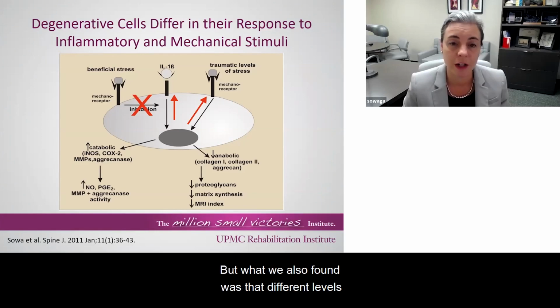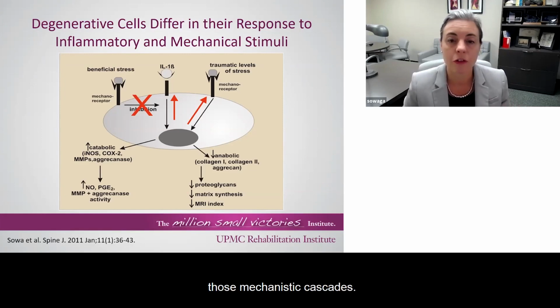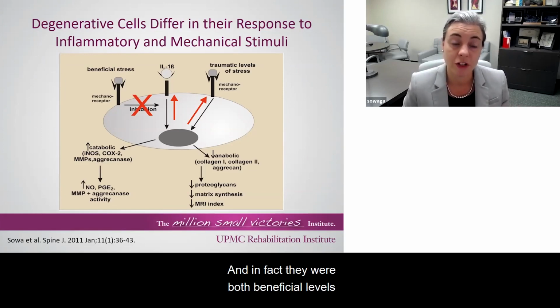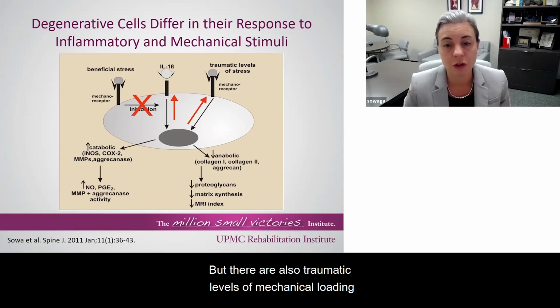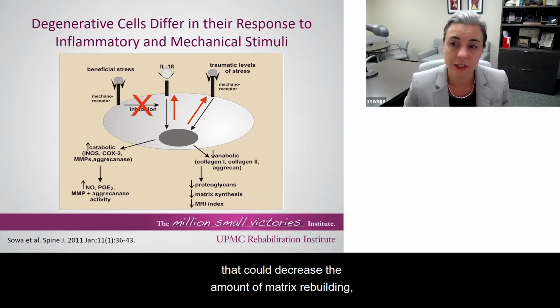But what we also found was that different levels of mechanical loading could also impact those mechanistic cascades. And in fact, there were both beneficial levels of mechanical loading that could dampen the inflammatory response and enhance the anabolic response, but there are also traumatic levels of mechanical loading that could decrease the amount of matrix rebuilding and